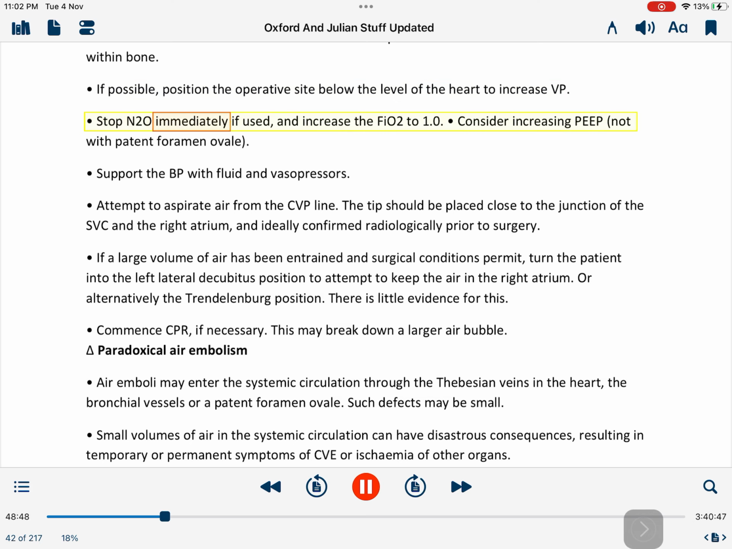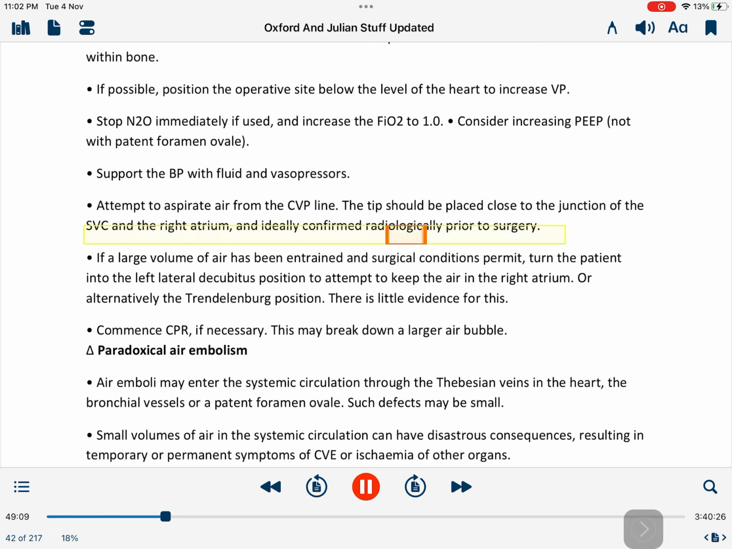Stop N2O immediately if used, and increase the FiO2 to 1.0. Consider increasing PEEP. With patent foramen ovale, support the BP with fluid and vasopressors. Attempt to aspirate air from the CVP line. The tip should be placed close to the junction of the SVC and the right atrium, and ideally confirmed radiologically